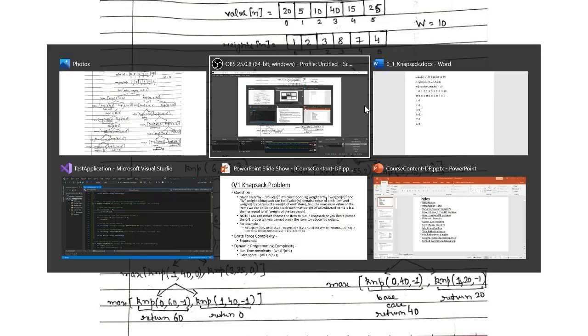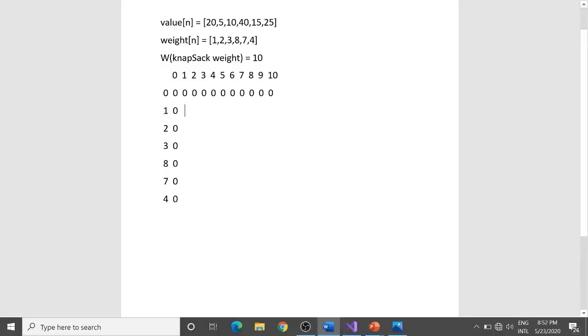And in the case of another branch where I do not choose the element, what was I doing? I was just passing on the same values to my subsequent recursive call, but I would be decrementing the index, just to say that look, I am done with my 5th index. Just tell me starting from index 0 till index 4, how much more can I add to this knapsack? And my knapsack can currently hold a weight of 10 over here. So the same way I would be doing over here.